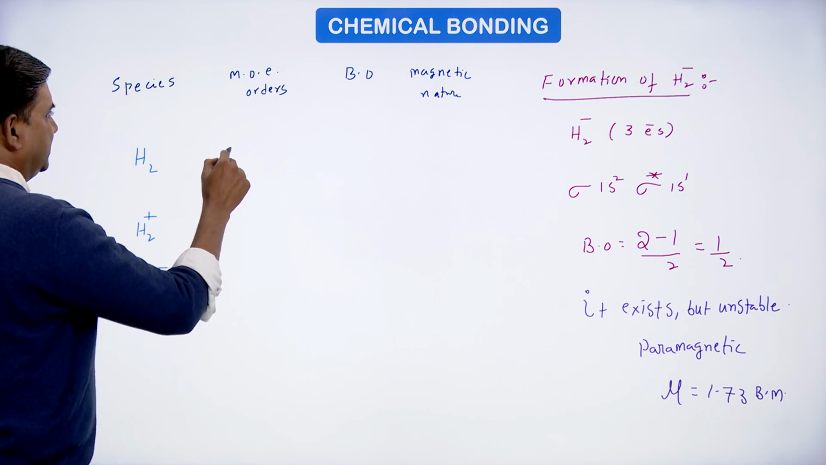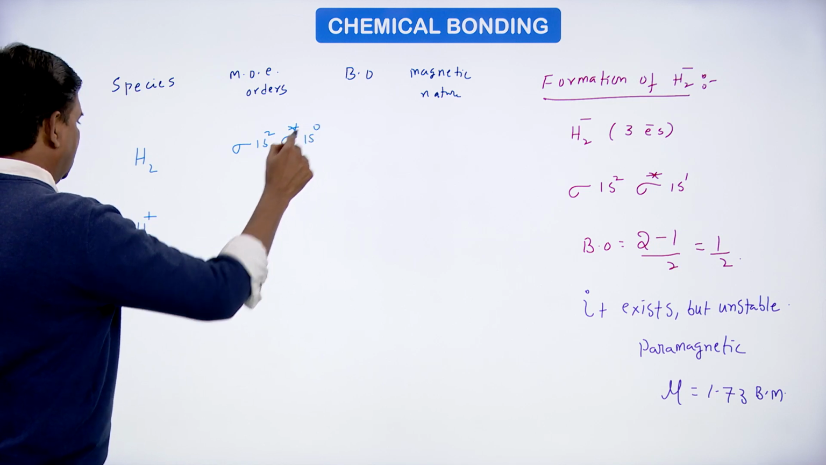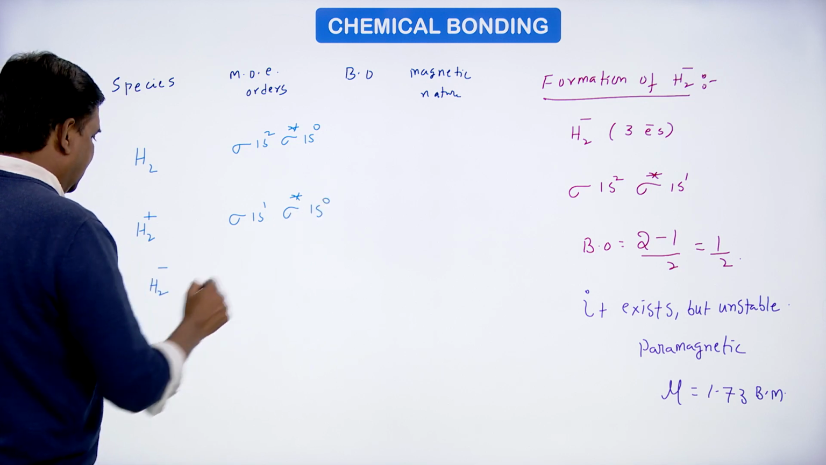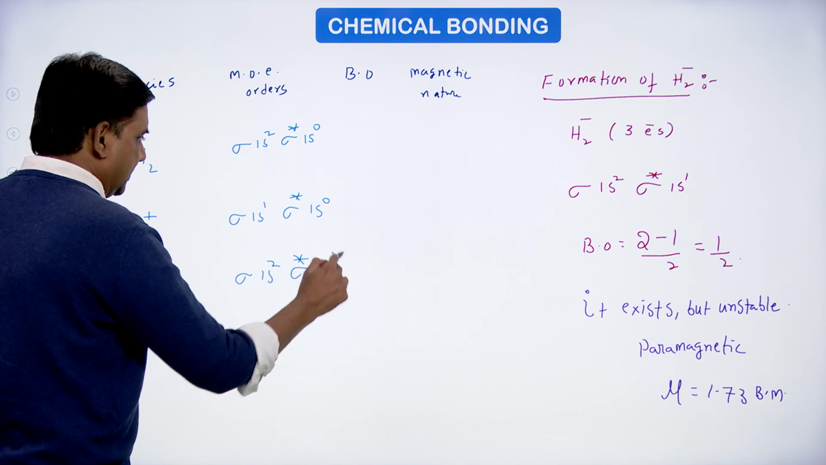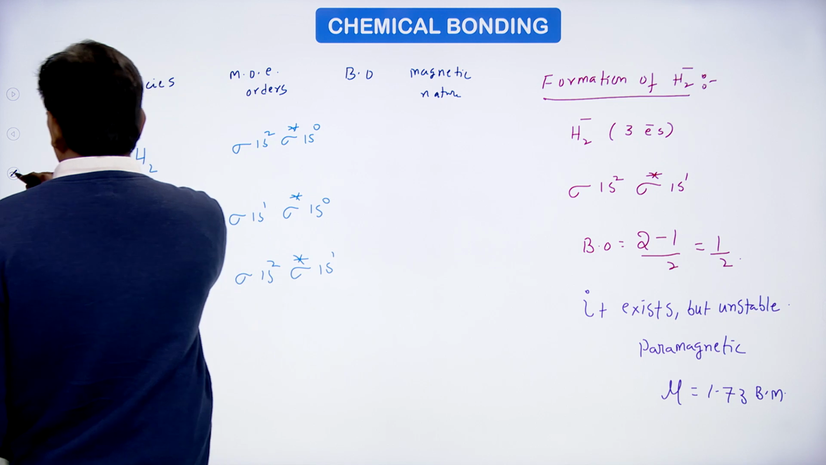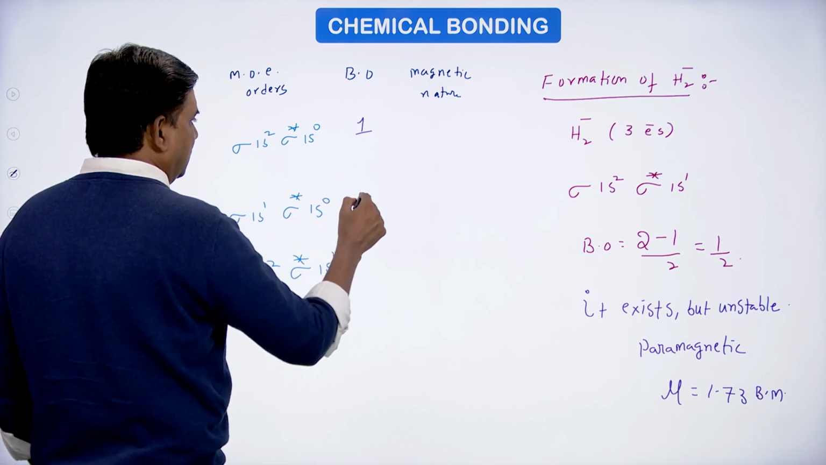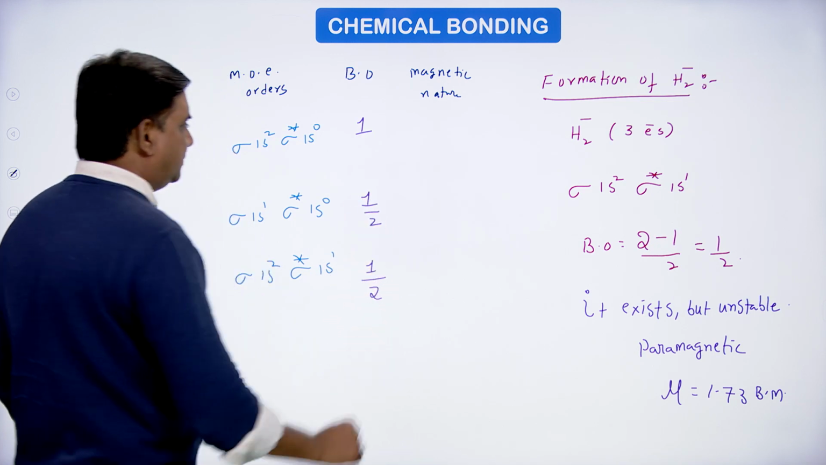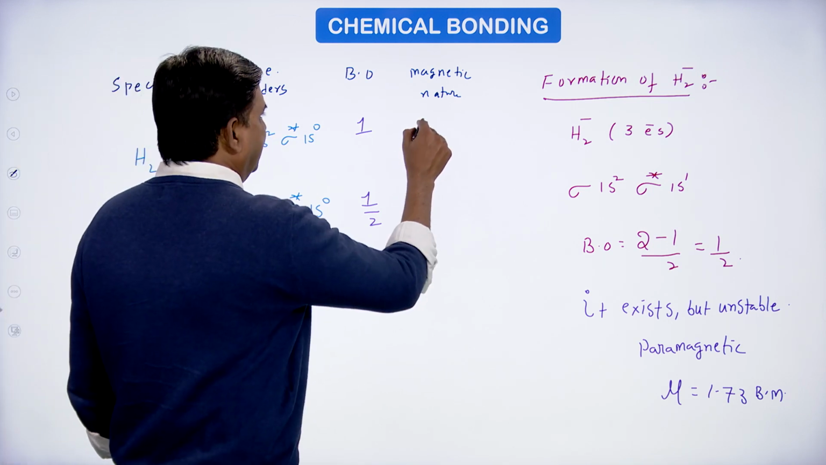Here, what is the molecular orbital configuration? For H2 it is sigma 1s2, sigma star 1s0; for H2 plus, sigma 1s1, sigma star 1s0; and for H2 minus, sigma 1s2 and sigma star 1s1. Bond order here is equal to 1, and this is 1 by 2, and this is also 1 by 2. Magnetic nature: diamagnetic